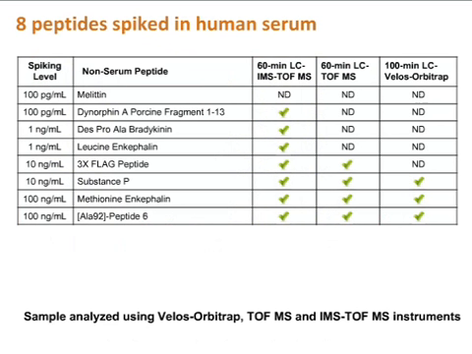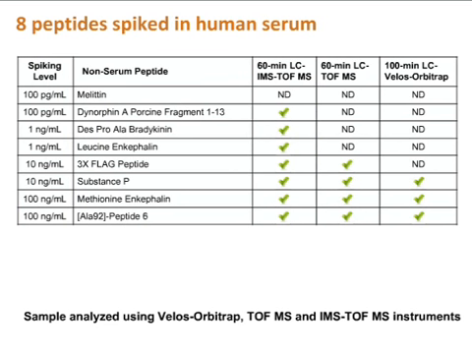We wanted to analyze how low we could detect ions in these multiplexing measurements. And so we spiked 8 different peptide ions into human serum so they'd be in a complex matrix. And we were able with IMS with a 60-minute LC to detect the peptide at the lowest, or one of the peptides at the lowest concentration of 100 picograms per mil. We weren't able to detect one of the other peptides at that concentration, so we considered that our limit of detection